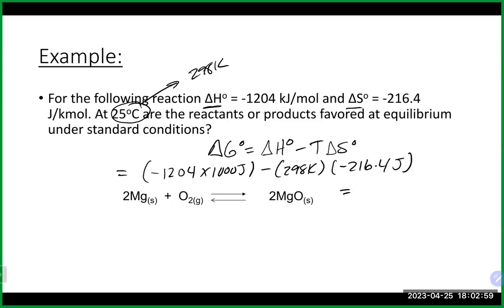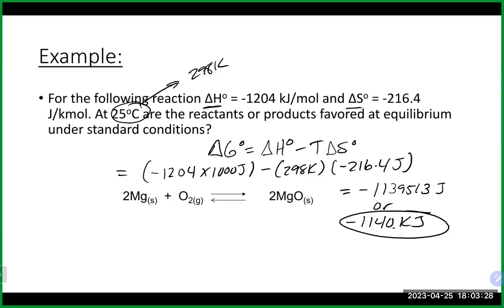It looks like we will get minus 1204 times 1,000 minus 298 times minus 216.4, which is minus 1139513 joules. Again, I'm going to take it back to kilojoules by dividing by 1,000. It's something like negative 1140 kilojoules, perhaps. In this case,